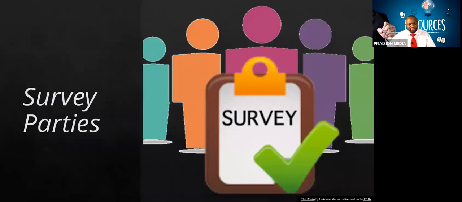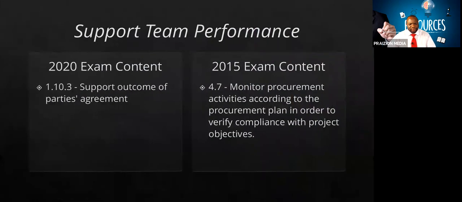And then the next step that the PMI talks about is support the outcome of parties' agreement. So if there is an agreement to proceed in a particular way on the project, support the outcome. You know, if the team has agreed on something and you know that it's not going to end up taking the company out of business, just support it. You know, go with what the team agrees on. So in this case, we're